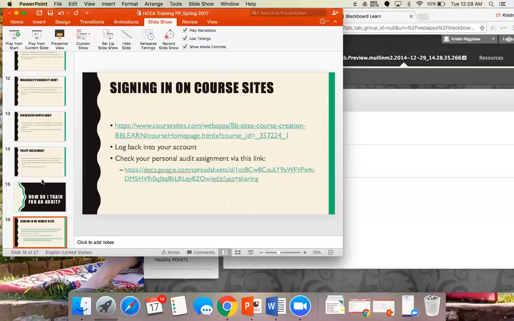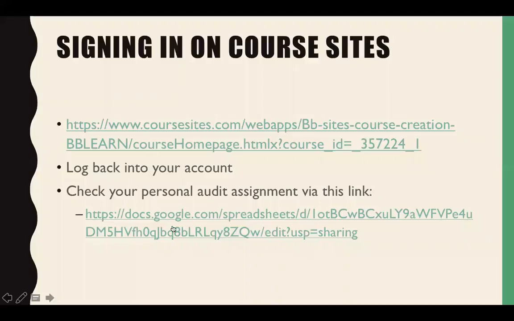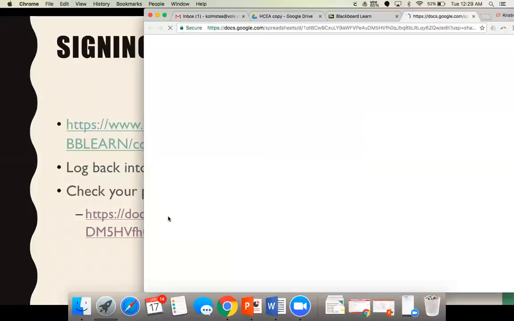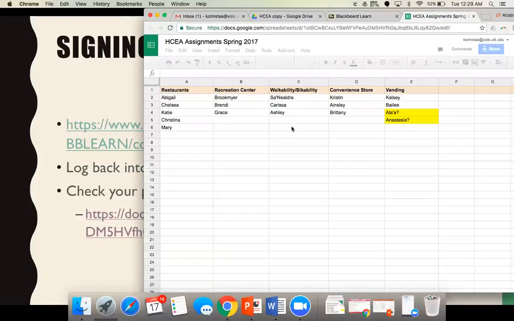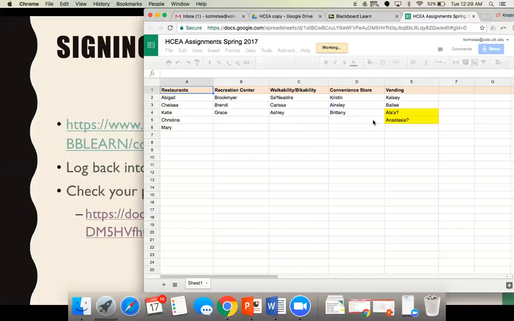So we're going to sign back into Core Sites using the same link here, logging back into your account. And the other thing that you may want to check is what your personal audit assignment is. So this is a Google Sheet. We'll be using these frequently. You should be able to click on it and view where you are assigned. So, for example, Abigail is assigned to the restaurants or dining audit, so she will only complete the dining audit training. Okay,